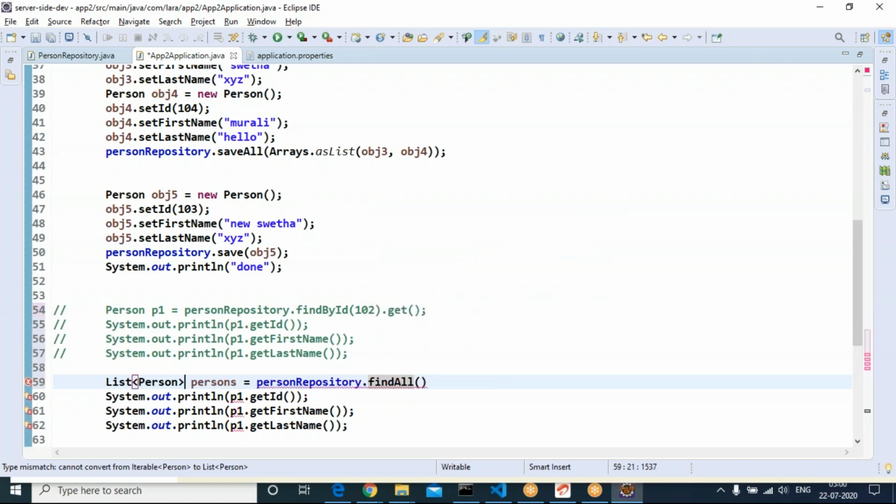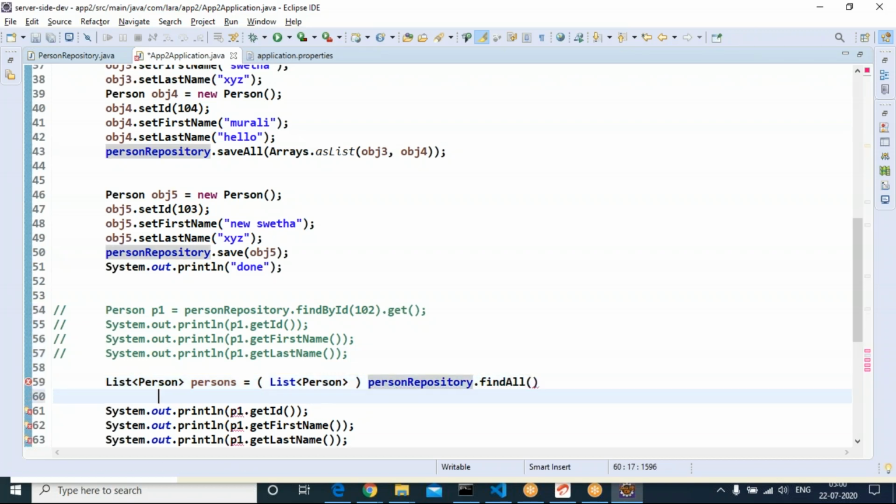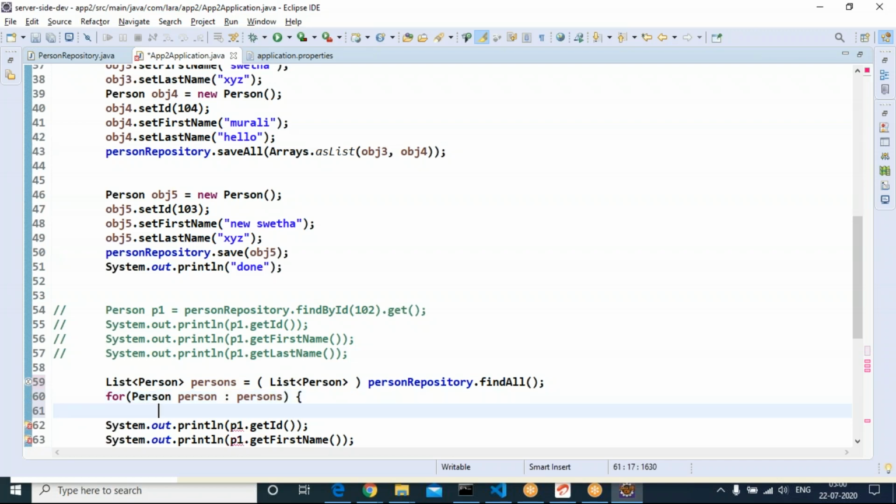You need to downcast. The findAll function from the repository is used for reading all the persons. You are getting a list of persons.